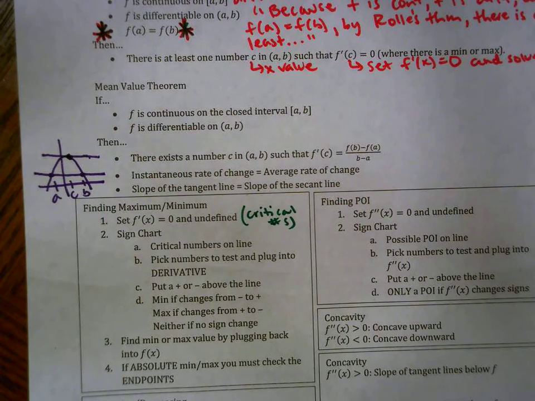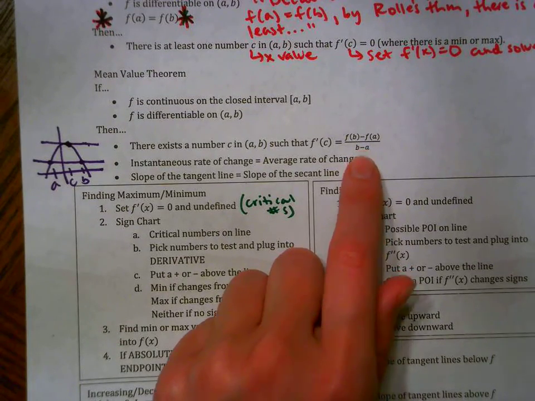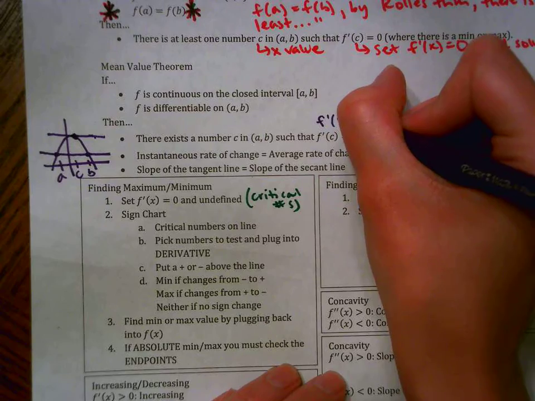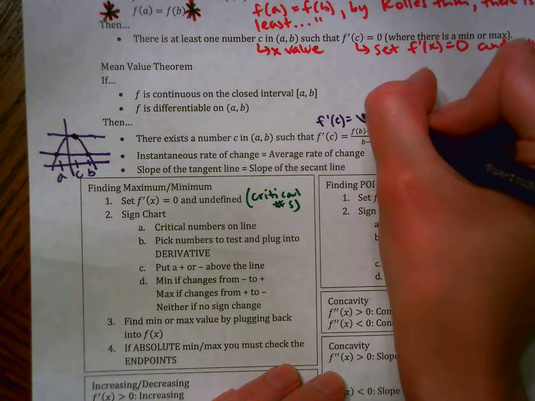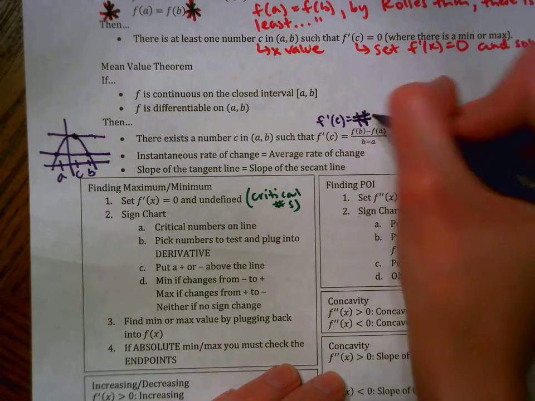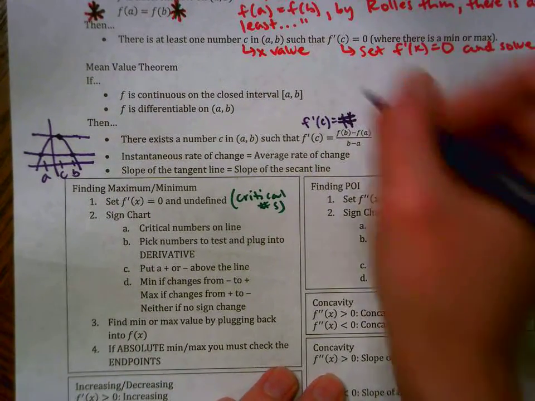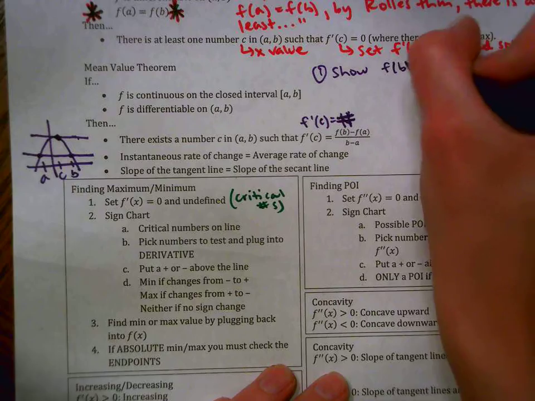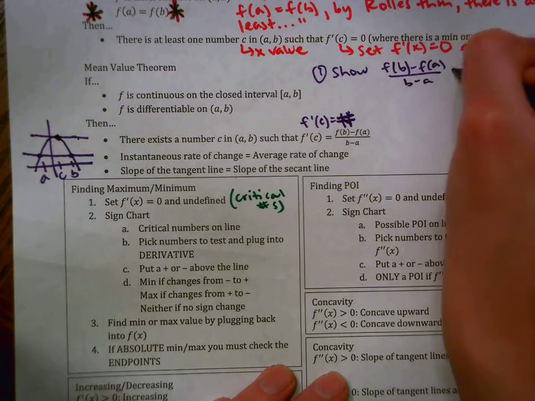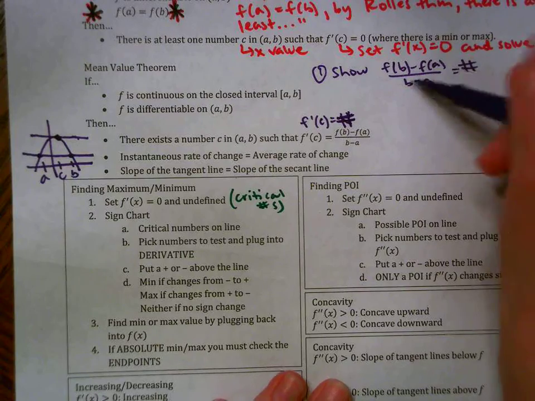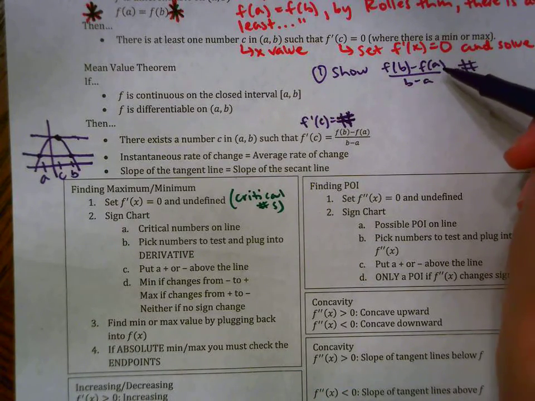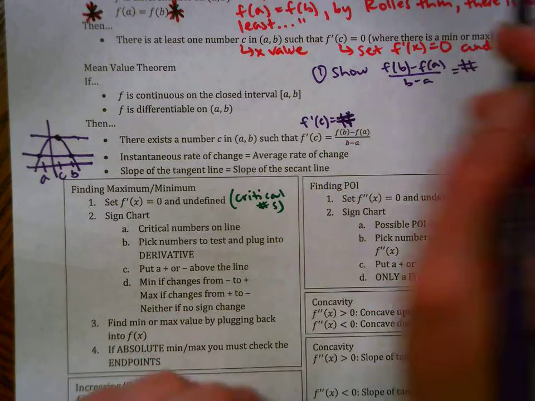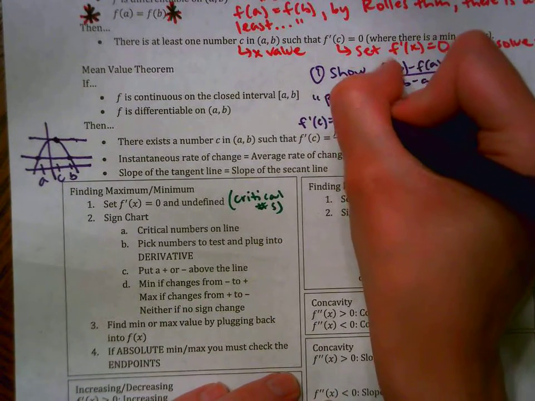But how they normally ask it is the same as the top, how we've been writing the top. On this one though, be careful, because that's going to be some number. So anytime you see f prime of x or f prime of c equals a number, you need to first show f of b minus f of a over b minus a equals that number. Notice that's not using the derivative, that's using the original function. And then if it does equal that number, then we can write that sentence we've been writing,